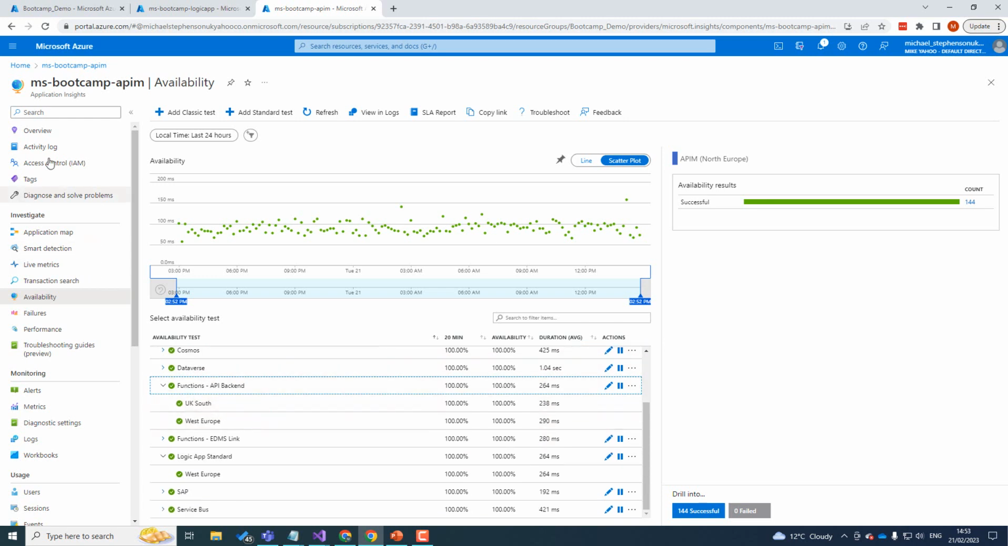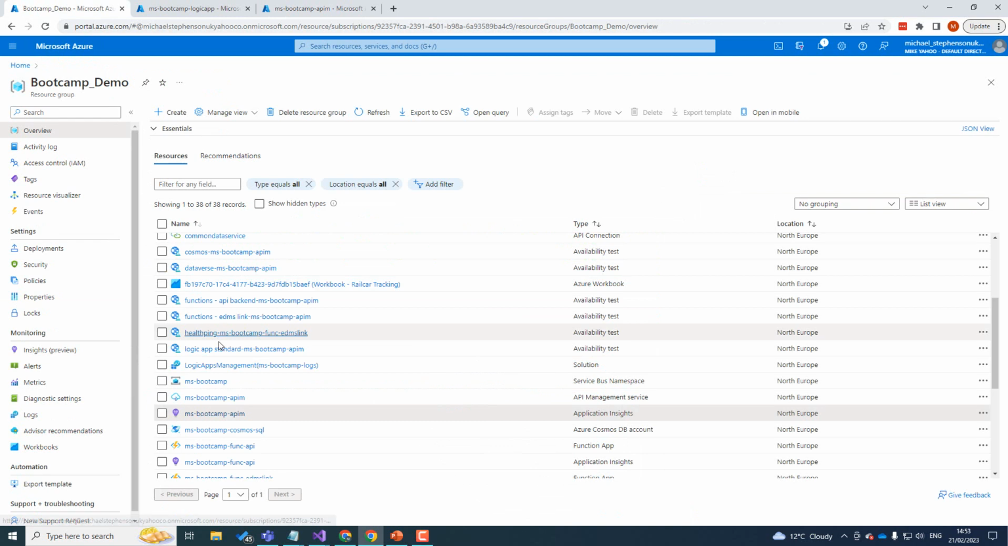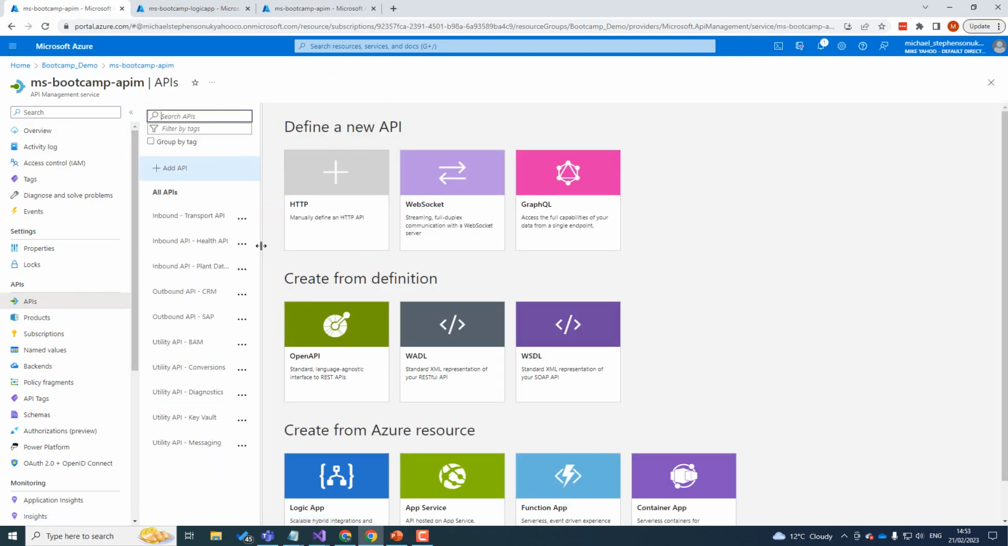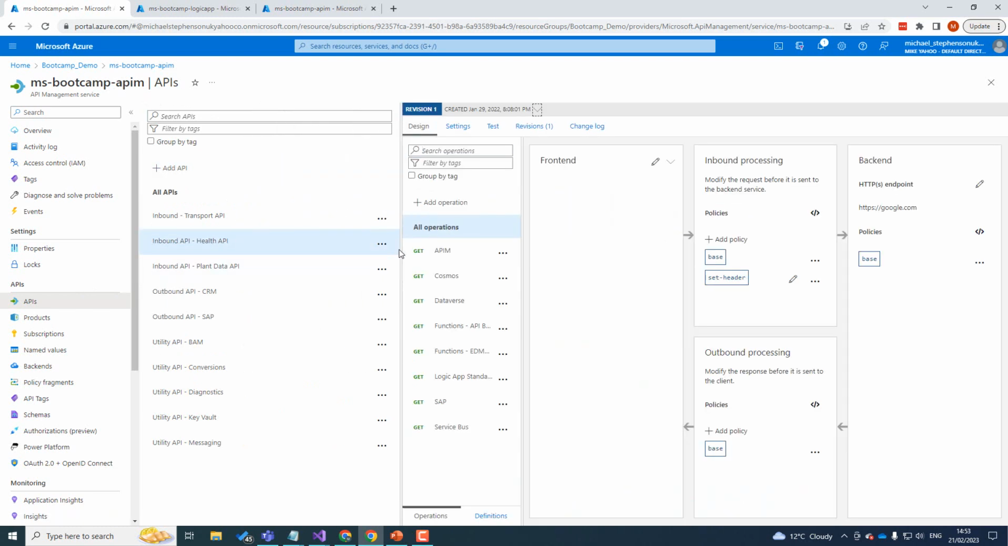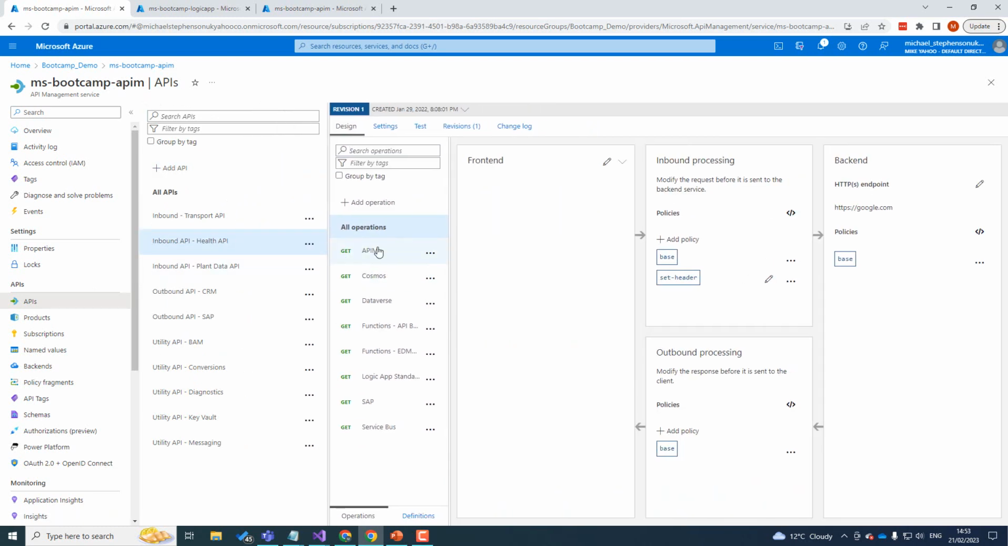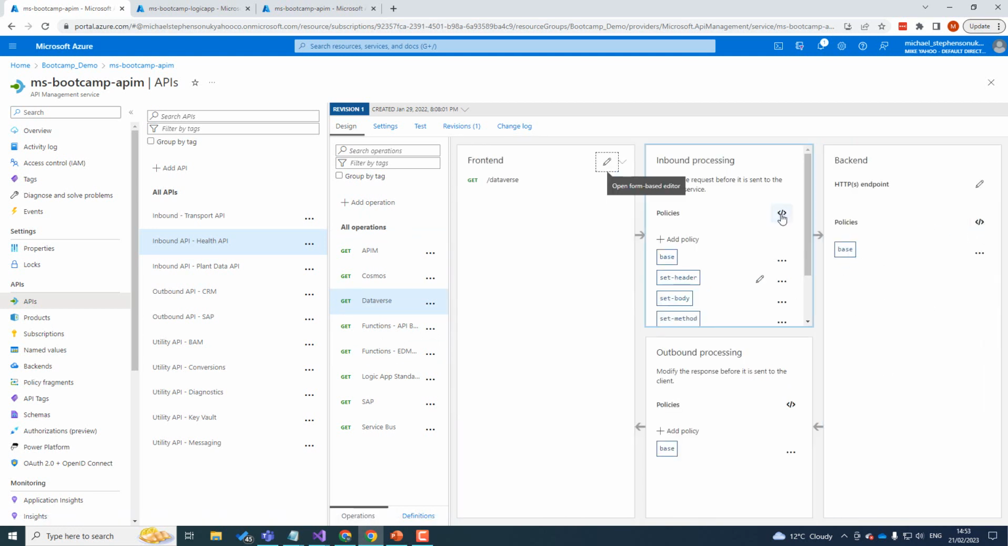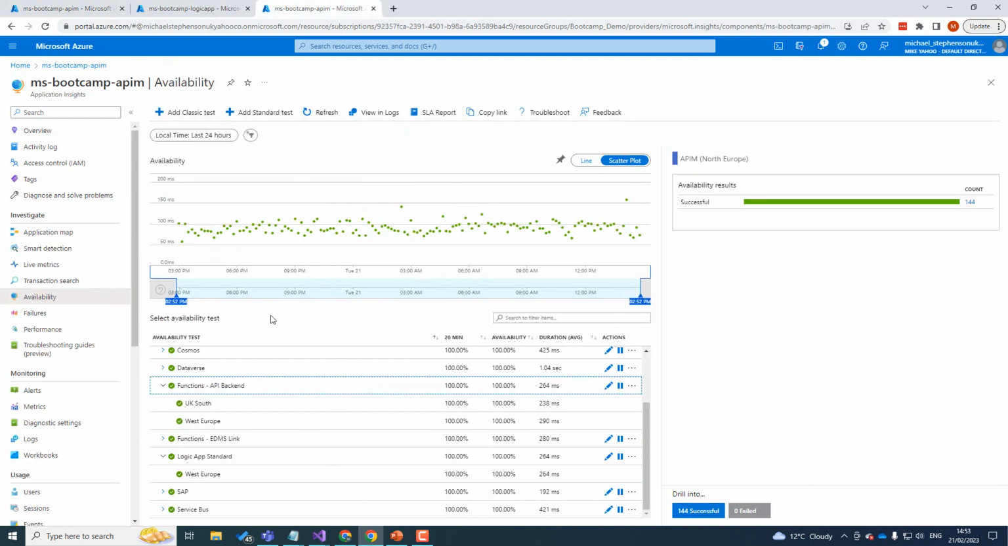So in APIM, for example, over here, I've created my health API, and you can see I've got a bunch of different operations: SAP, Logic Apps, Cosmos, and all I'm doing is just pinging them. They'll forward a call to a Logic App or a function or whatever. So you can see it'll flag up here in the policy. I think I've probably set the Logic App URL, and it's just going to keep pinging them and returning the